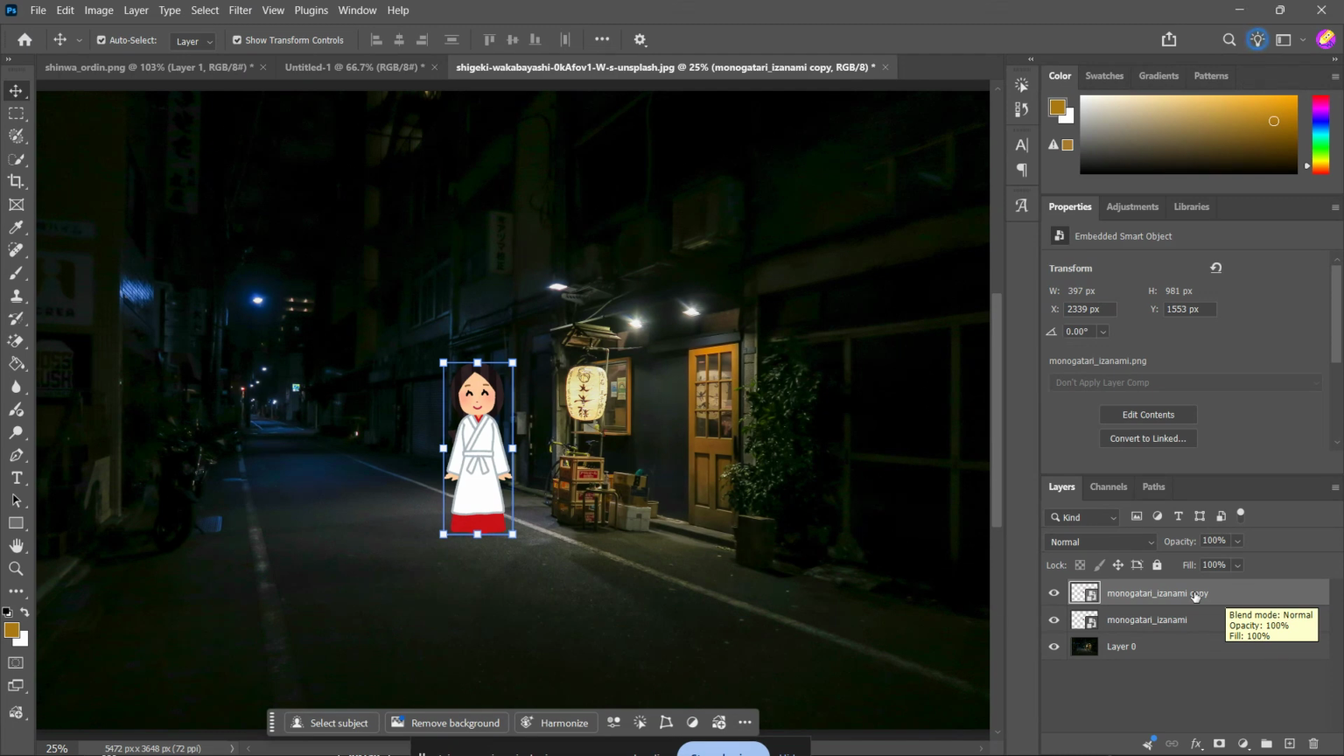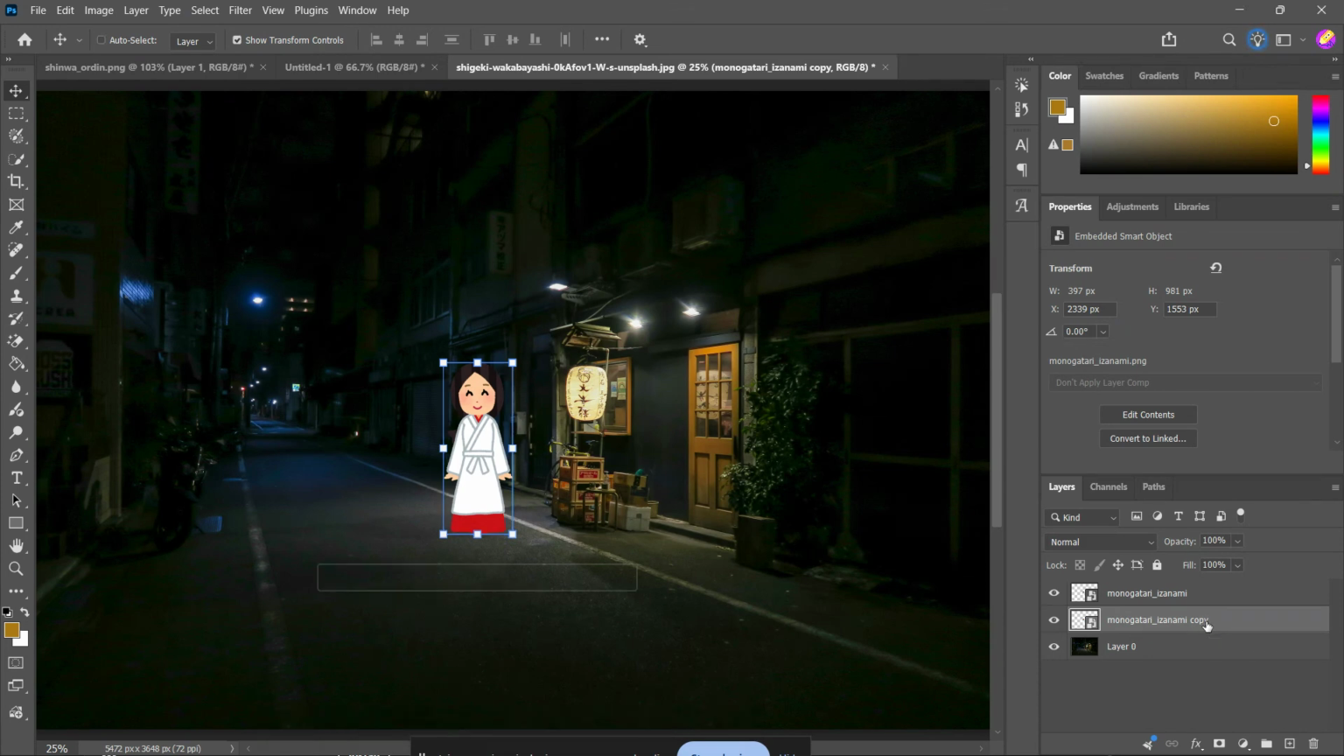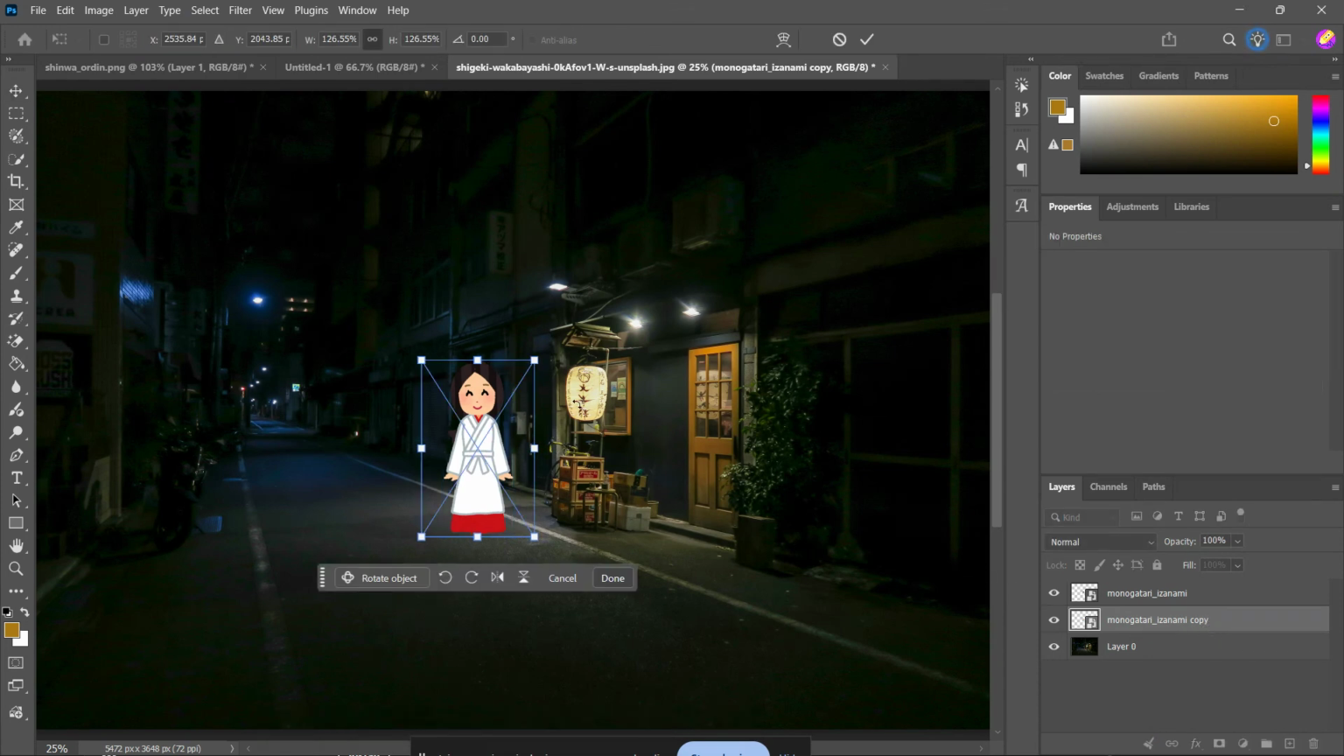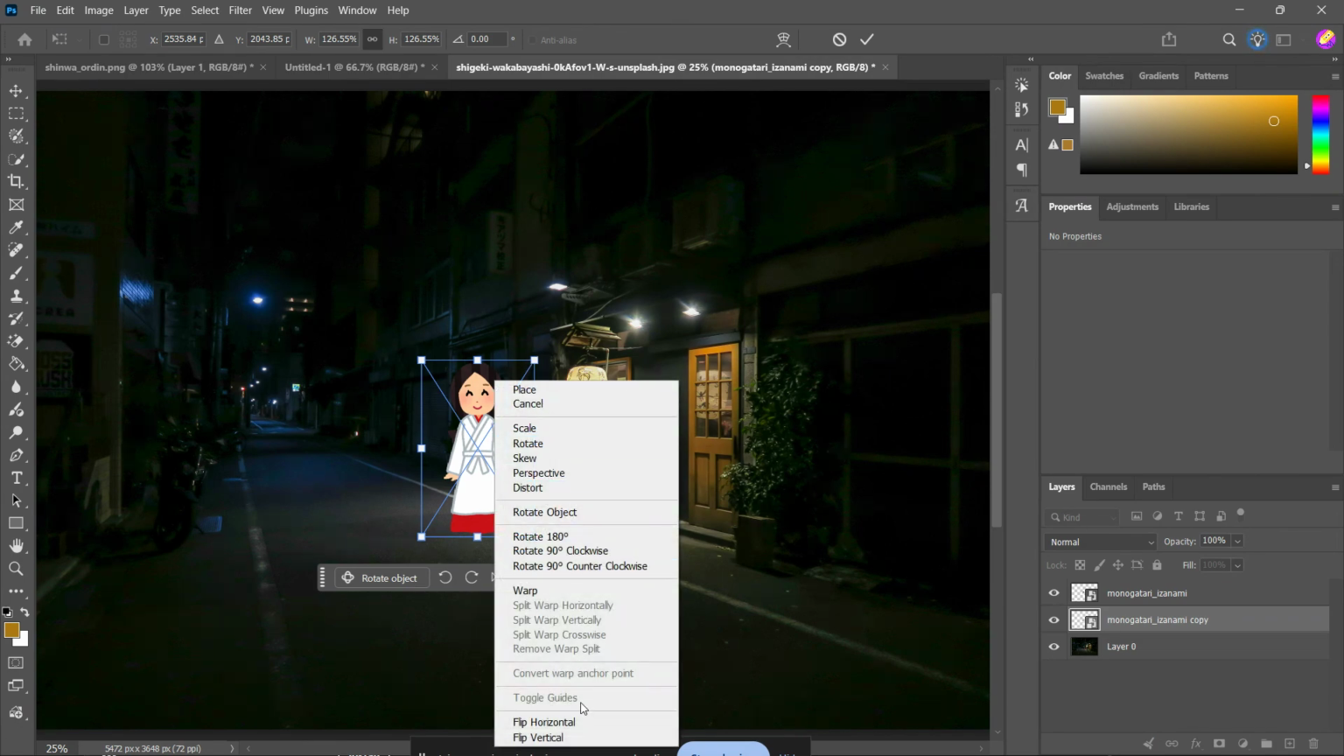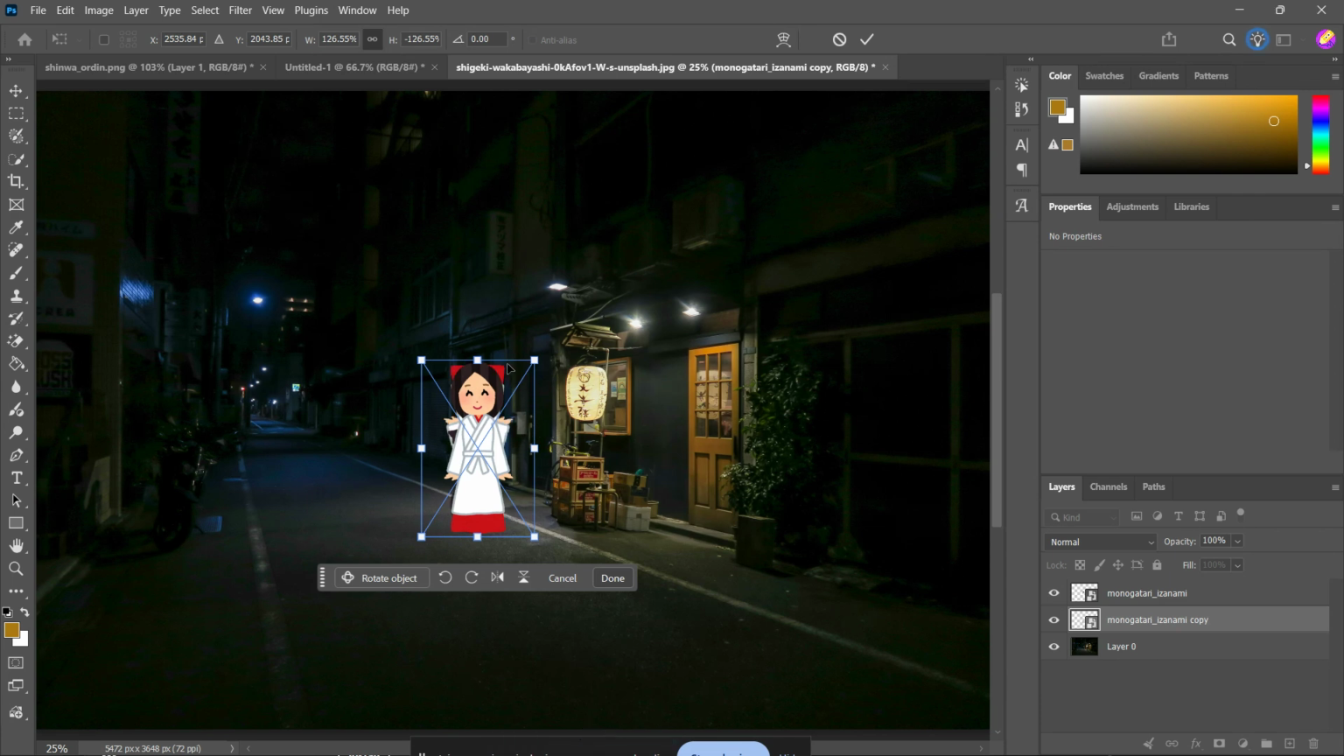Next, go to the duplicated layer and make sure it is the bottom version in your layer stack, because this copy is going to become the shadow underneath the main object. Now, press Ctrl+T to activate Free Transform. Once the transform box appears, right-click inside the box and choose Flip Vertical. This will turn the duplicate upside down, which is the first step in making it look like a shadow